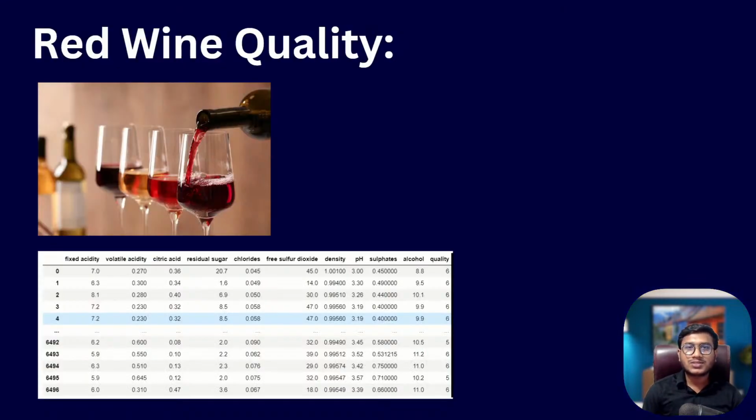So guys, the problem statement we'll be solving in this video is wine quality prediction. I think you are already familiar with this dataset, right? The wine quality prediction dataset is already available on the Kaggle website. If you just search for wine quality dataset Kaggle, you will get this dataset. In Kaggle, you will see lots of competitions going on with this dataset,